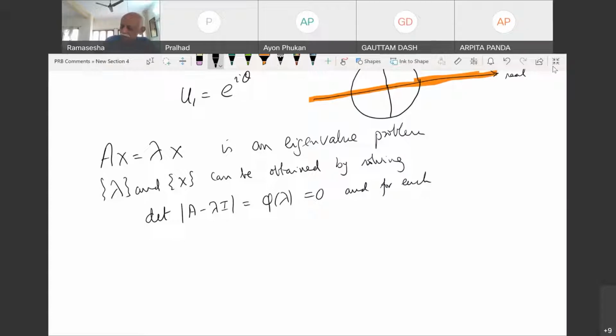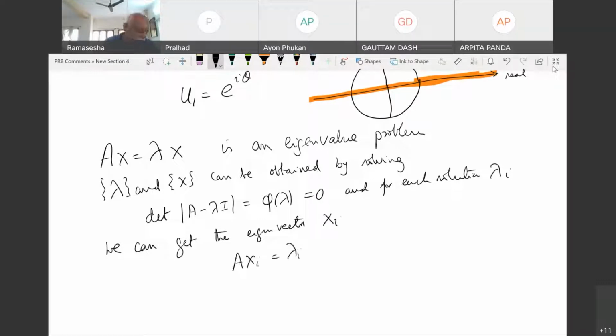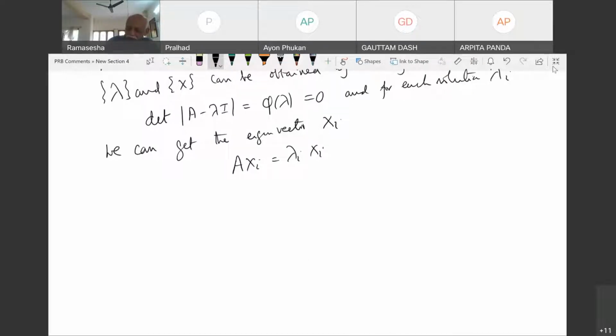I, we can get the eigenvector x_i. So I have A x_i is equal to lambda_i x_i. Okay, so I get the solution, and then we also showed a few other results, like the sum of the eigenvalues is equal to the sum of the diagonal elements, and the product of the eigenvalues is equal to the determinant of the matrix A. And we discussed the Hermitian